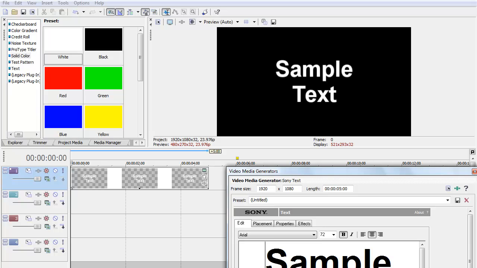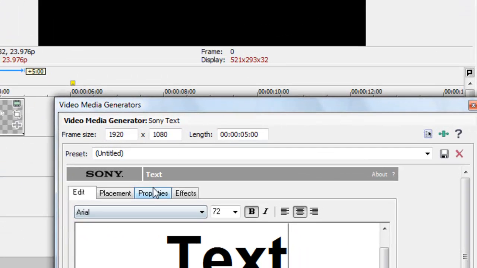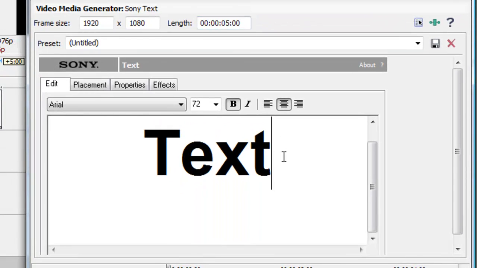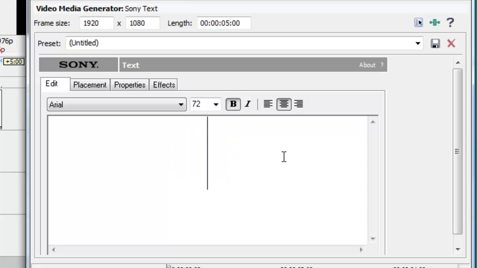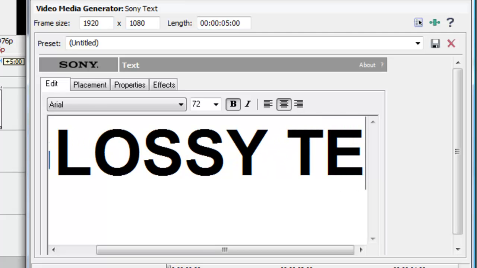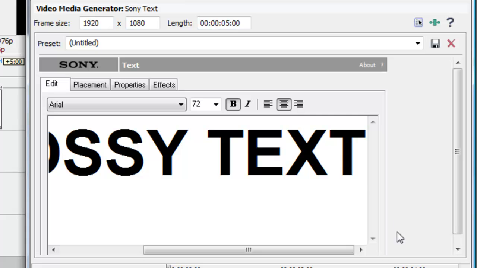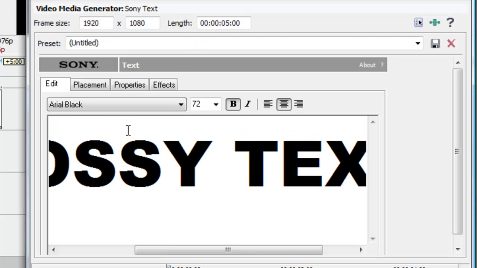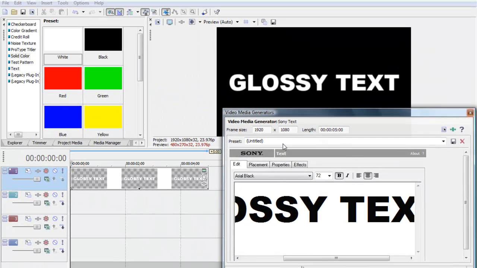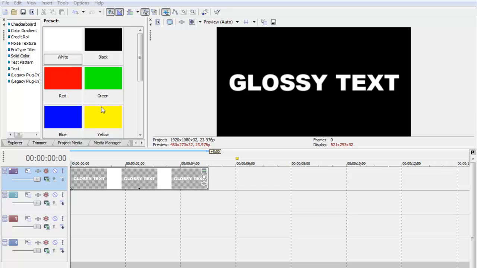and then when you open it up, you can name this whatever you want and do this with whatever kind of colors you want. But I'm just going to make this glossy text, and then what you're gonna do is just make this whatever you want, but I'm gonna make this Arial black because it just looks amazing. And then you're just gonna exit out of this, and then you're gonna want to go down to